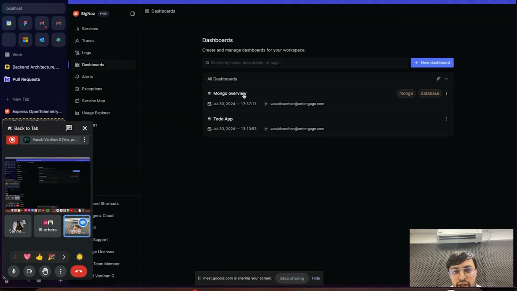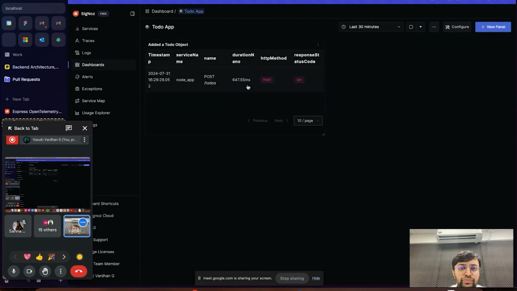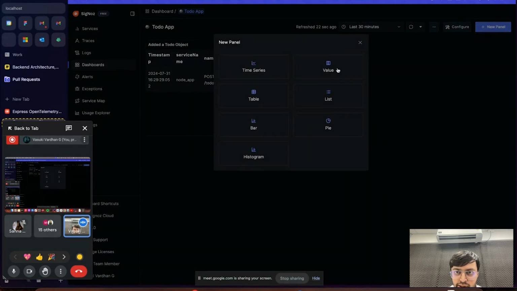And you can also create your own dashboards. So basically this is something that I had created, right? So I added a to do object, and at this point of time I actually went ahead and added an item, right? So basically I am creating my own metrics, my own dashboards, right? So let's say I go ahead and say I want to have another